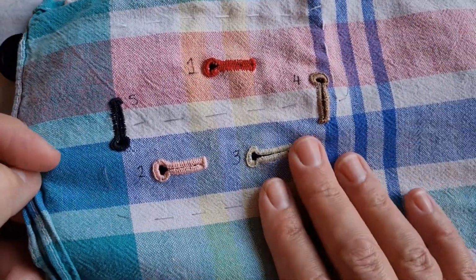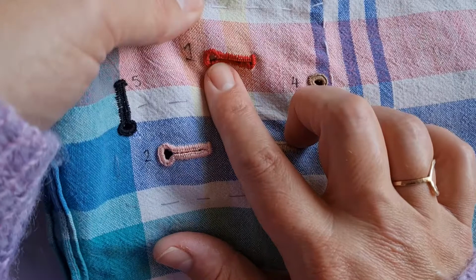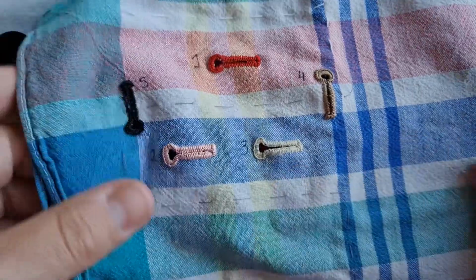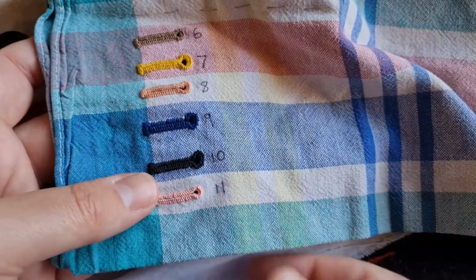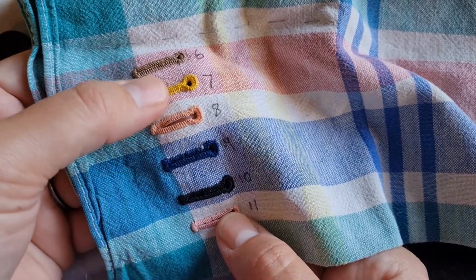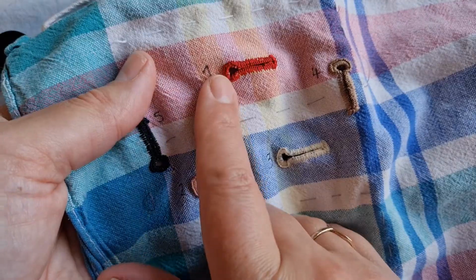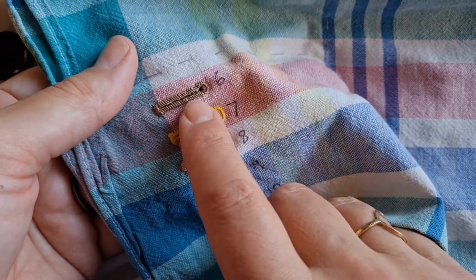and these are all keyhole ones. So it's just a slash in the fabric, and then I think I just used some scissors to snip out a bit at the end rather than using a punch to punch a hole in. And then by the time I got down to number 11, I'm not suggesting that you need to sew 11 buttonholes, but you can see from number 1, I'm changing each time. So these ones look really chunky, the hole is really big, and as I've worked down the fabric, I've got a more slimline look. To be honest, I think I like this one best, but